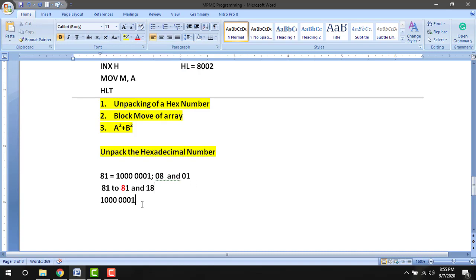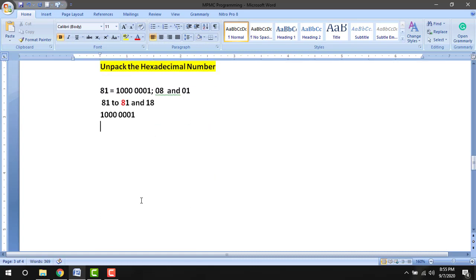So what we are going to do is, this number is going to be ANDed with 0F. The number ANDed with 0 is going to be 0, and ANDed with F is the same number. For example, 0F is 0000 1111.